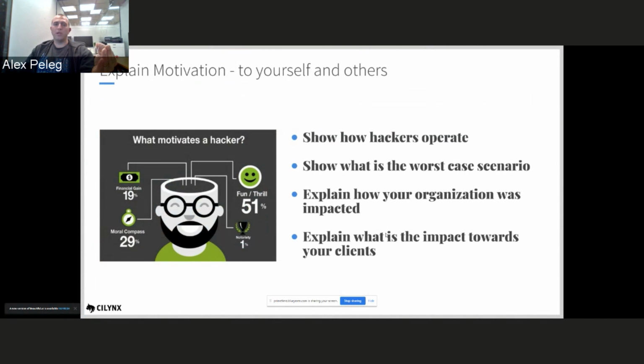We show and provide evidence of past hacks that our organization suffered from a malfunction or non-secure code that was implemented by developers. And we need to explain the impact to our clients.